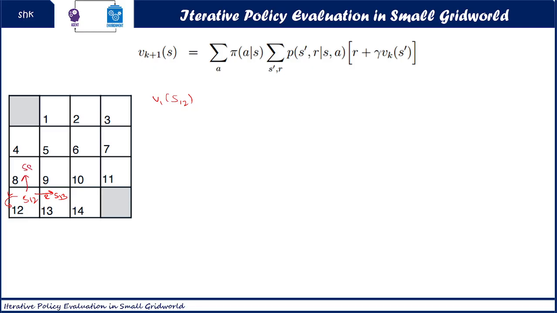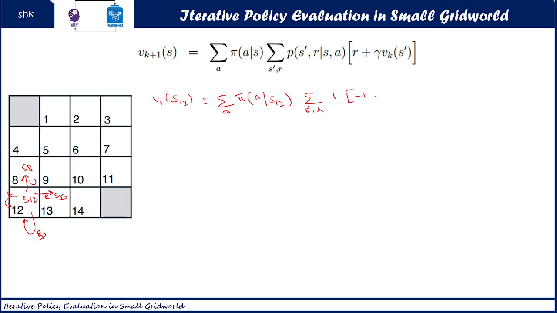For upward, S8 state. For downside, we don't have any state, so we are going to fall into the same state. This is down. So the value function we can write as sum over all actions, the probability of a particular action from S12 state, summation over S dash and R, the probability of state transition we consider as 1,